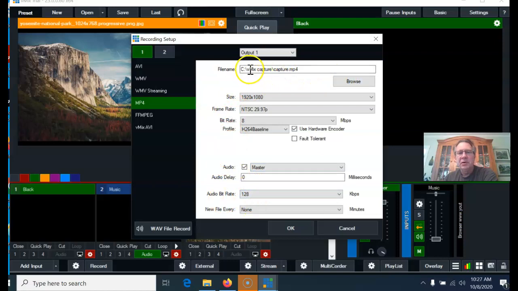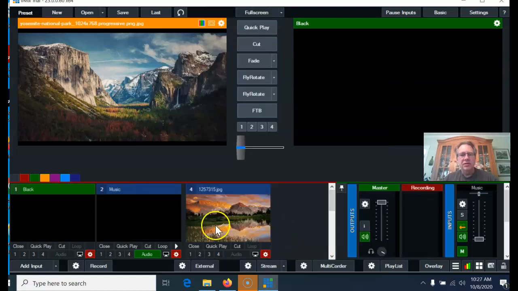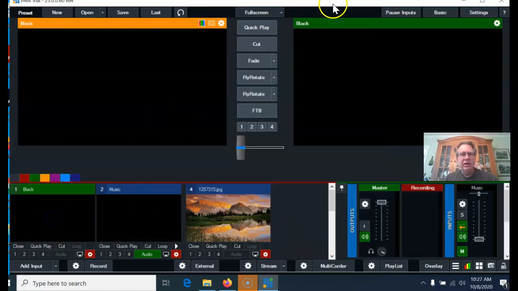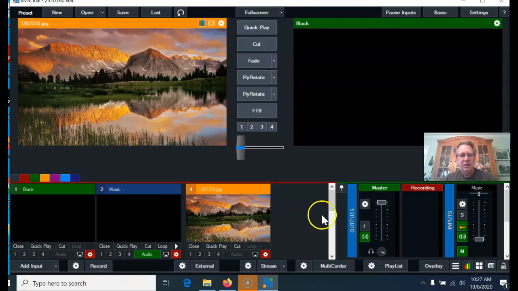Right now it's just putting it in this directory under the C drive, vMix capture. That's where my recordings should end up going. And it's recording output 1. There's ways to record multiple outputs, which is pretty cool, but you have to set that up. Okay, that's good to go. So now simply, let's get everything ready. I want my black on screen there. Okay, all right. I'm going to go ahead and actually put my first video source up on preview,